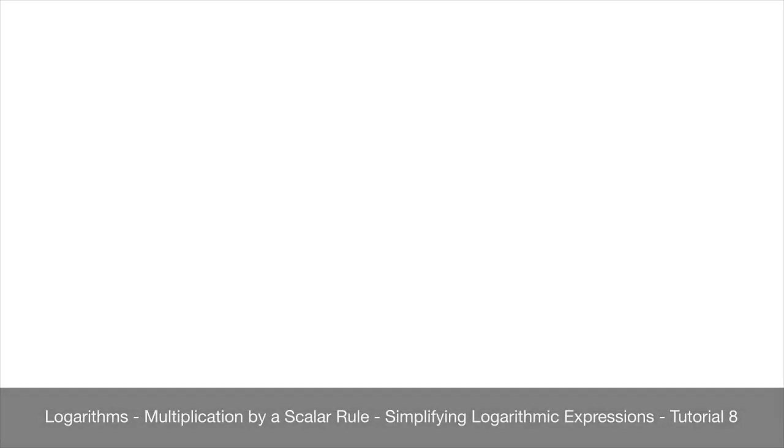We now learn about the rule for multiplying logarithms by scalars. And a scalar is just some number. For instance, let's say we're given 3 times log base 5 of 2. Well, what this rule tells us is that we can rewrite this expression as log base 5 of 2 to